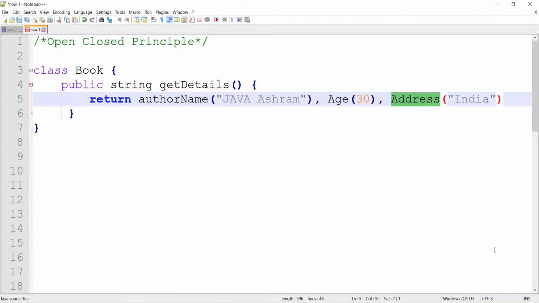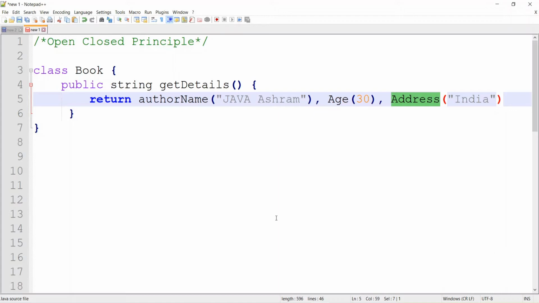So tomorrow if someone asks, no, I don't want the address of the book, where the book is getting printed, or the user can also ask, no, I don't want the age of that author, so how will you do this? As per the open closed principle, you should not be allowed to modify this class. So this is not fulfilling and is breaking the SOLID design principles.